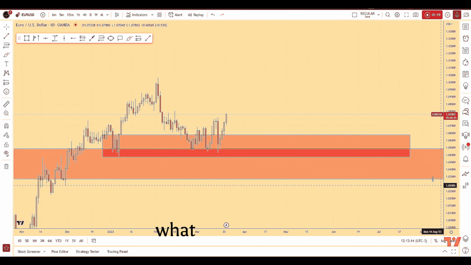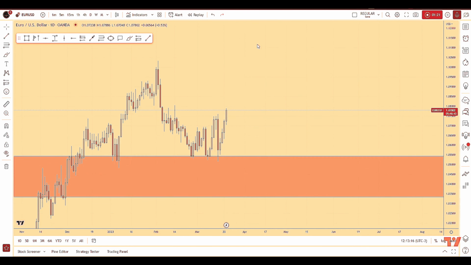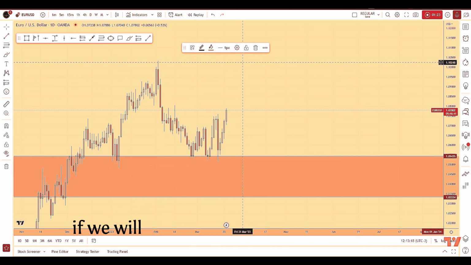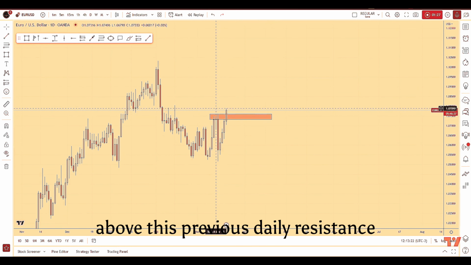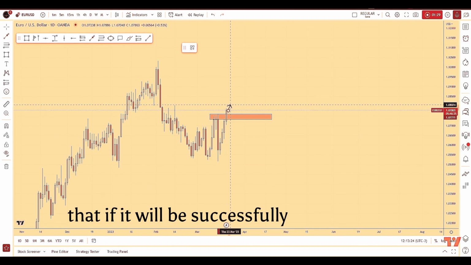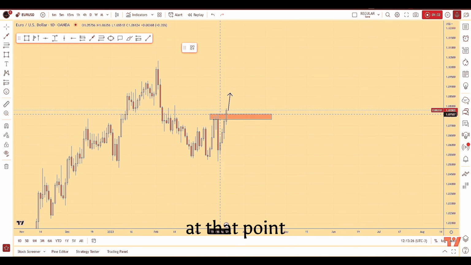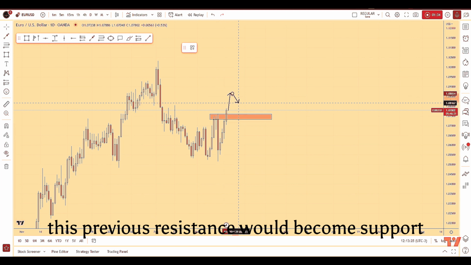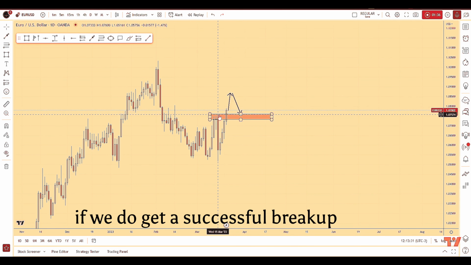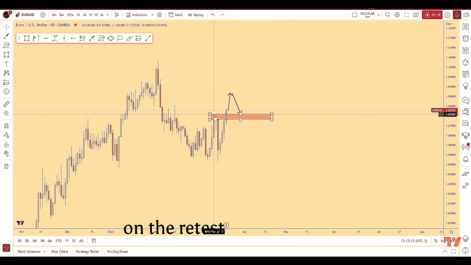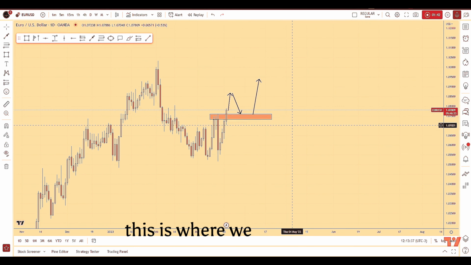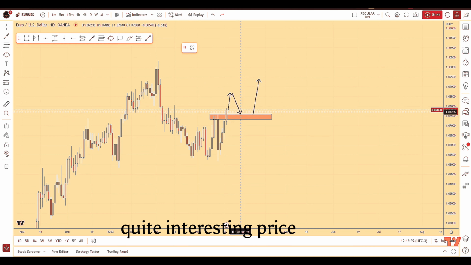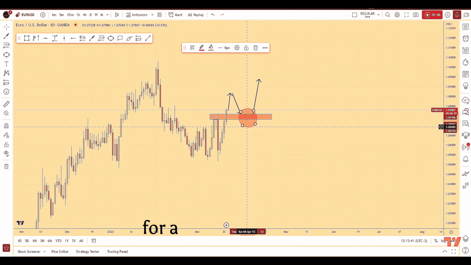Going down on the daily, what do we see? Now, from a daily perspective, it will be very interesting to see if we will actually have a successful break above this previous daily resistance. If it will be successfully broken to the upside, at that point, this previous resistance would become support. So if we do get a successful break above this resistance, on the retest of the previous daily resistance turn support, this is where we would have quite interesting price action and probabilities for a potential